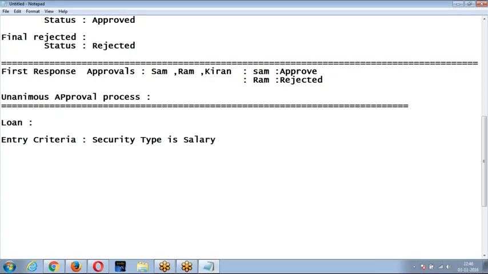Who has to approve it? Step number 1. If salary is more than 50,000, then submit to Satish and Wilson.